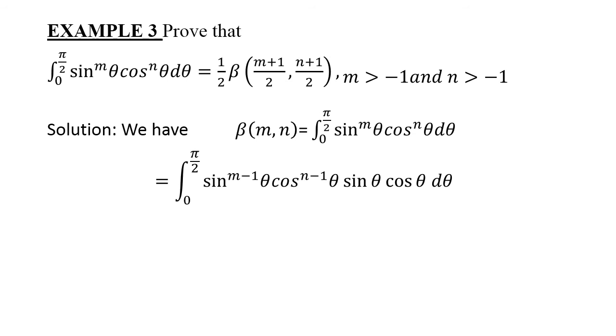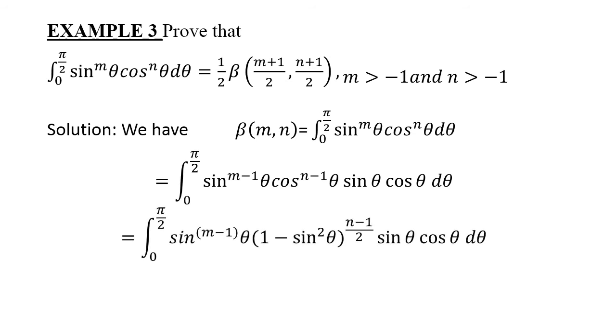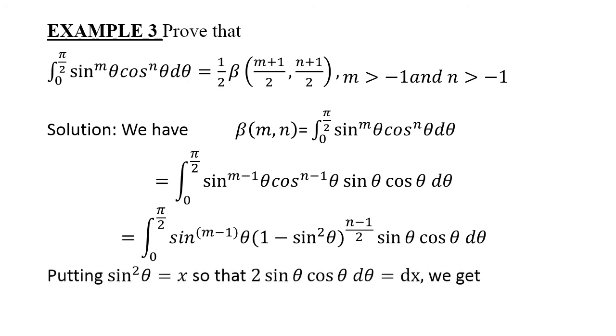We split sin^m θ in the form of sin^(m-1) θ into sin θ, and cos^n θ is equal to cos^(n-1) θ into cos θ. That will equal the integral from 0 to π/2 of sin^(m-1) θ (1 - sin² θ)^((n-1)/2) sin θ cos θ dθ. Now we substitute sin² θ equal to x, so that by differentiating it we get 2 sin θ cos θ dθ equal to dx. Thus we get